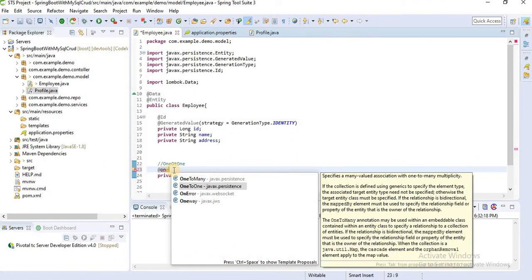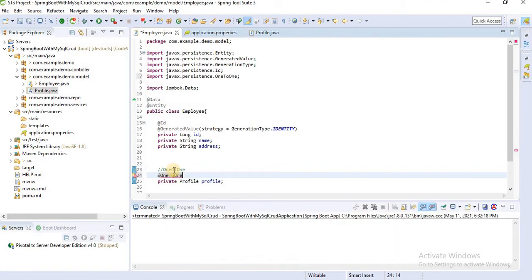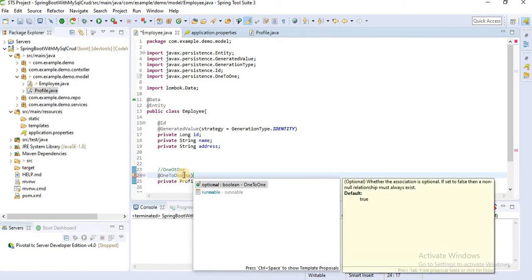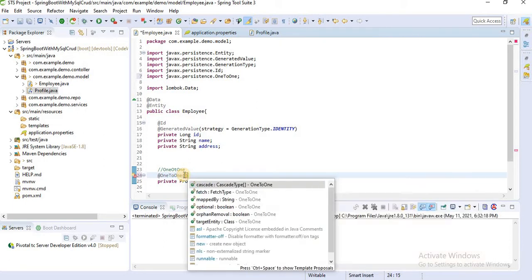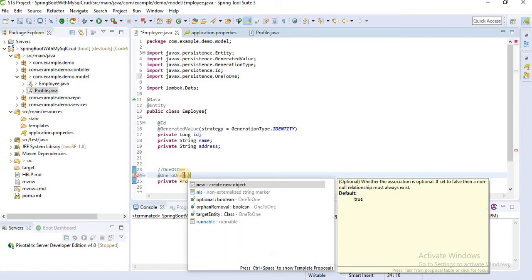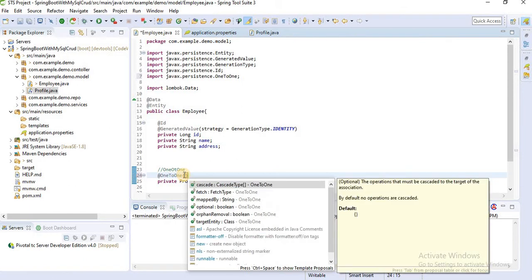Here we have OneToMany, OneToOne. I'll choose OneToOne. Here we need one column field for storing the profile ID. So we will create one name. Here we also need cascade.